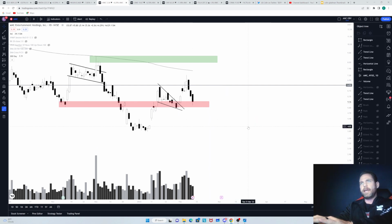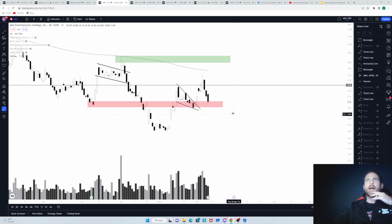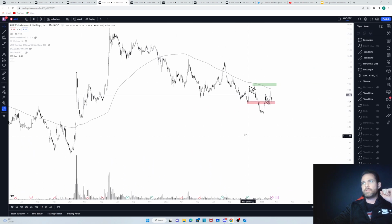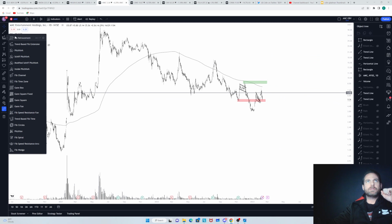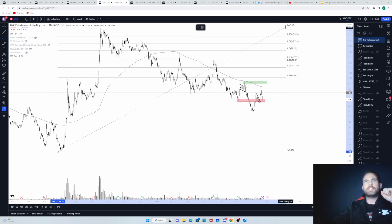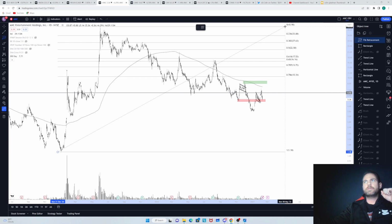Doesn't mean that it can't push back upwards. But there's a lot of resistance overhead. You'd want to clear this supply zone. You'd want to clear the 200 SMA, simple moving average. And now you're just, like I said, in this demand area. And then from a macro standpoint, which I've talked about before, you'd want to hold the 618. So from the bottom of the January run to